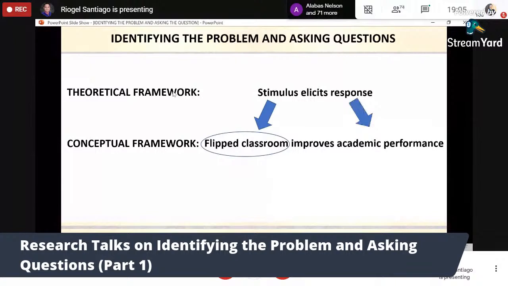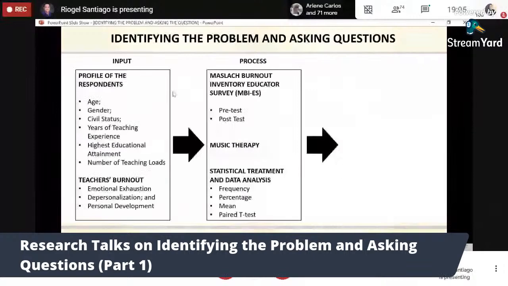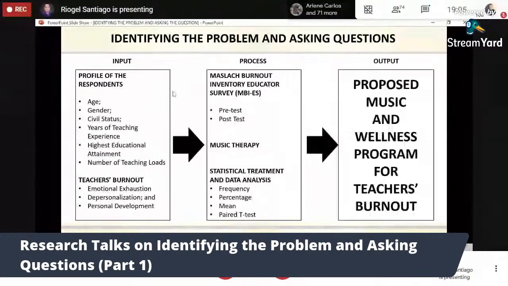Natin that academic performance can be improved of flip class. So yun yung sinasabi ng theoretical na conceptual. Ito naman yung example nating is, diba? Is output, the IPO. We have here the correspondence. We have here teachers burnout. For example,